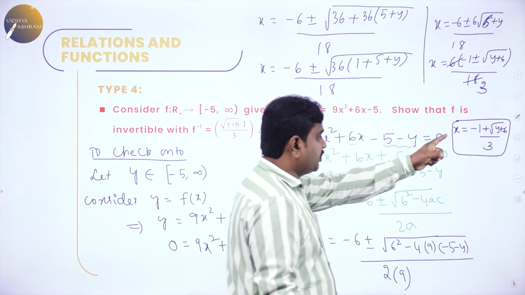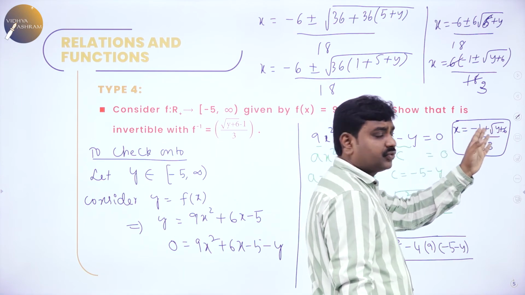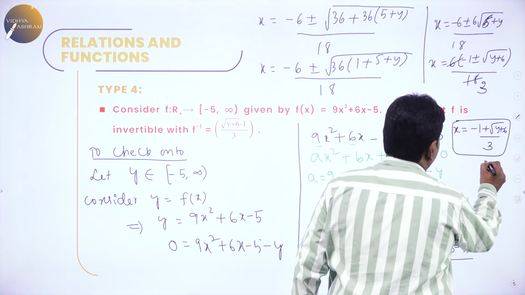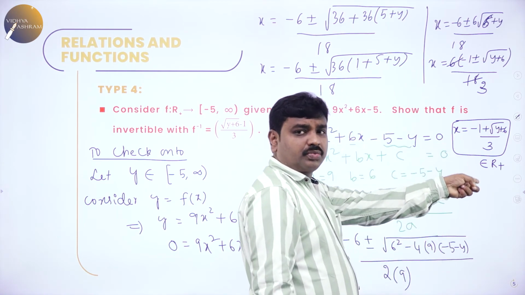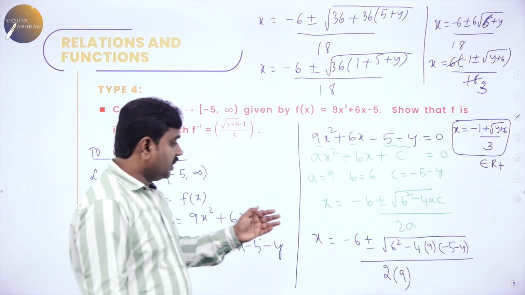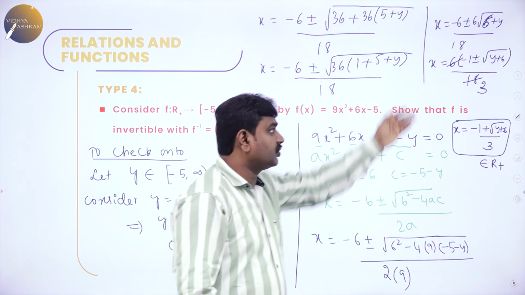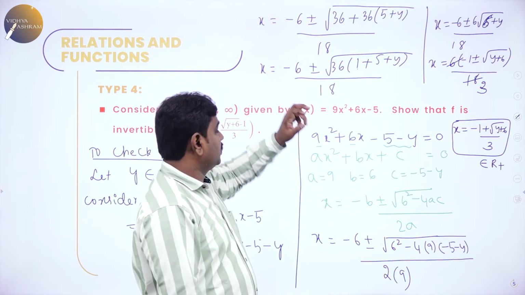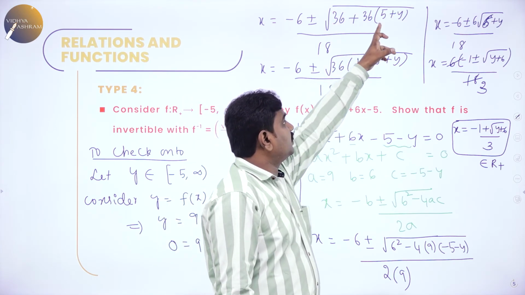And I can say, see, because your y starts from minus 5, if you put starting from minus 5, you will get all positive numbers. I can say x belongs to R plus. Whatever you got, x should belong to R plus, we got it. So I wrote all the steps to make you understand, not necessary. You can directly, after this, you can go to this. Here, observe 36 is common, take it out, this will become 1, and the remaining part 5 plus y.